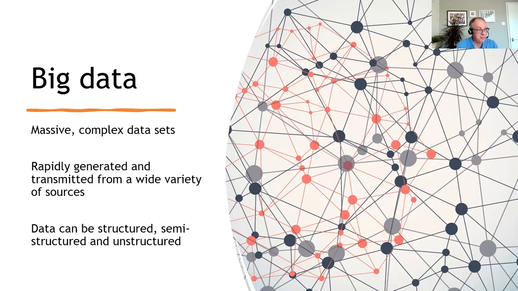Big data can be generated from all sorts of different places. The idea of big data is that it's generated really, really quickly. So there's more and more big data being generated. From 4 minutes ago when we started this presentation, there's huge amounts of data that's been generated in the world, new data, including data that's been generated about inside the NHS, about us, and by us. So it's generated very rapidly. And the data comes from lots and lots of different places.